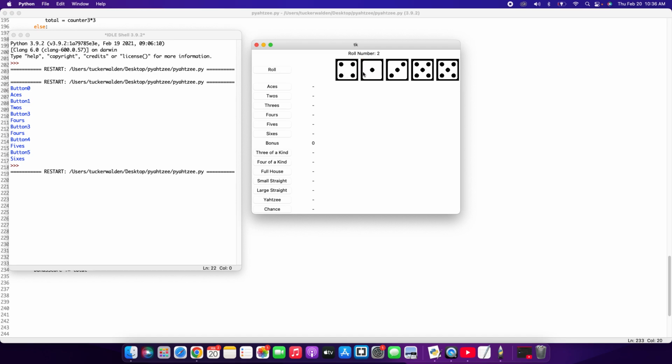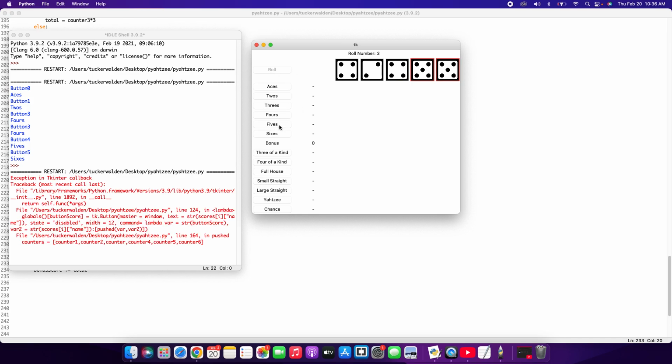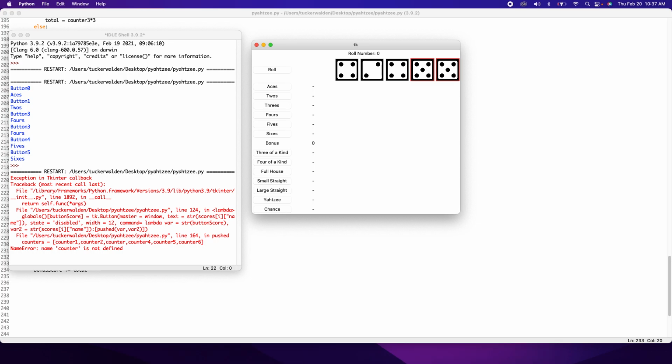And I will unselect 1, and it looks like we have more 5s, and we'll do 5s. And it looks like we got 4s now, but let's just go with 5s. It looks like we have an error. Name counter is not defined. That is interesting. If I go back into here,